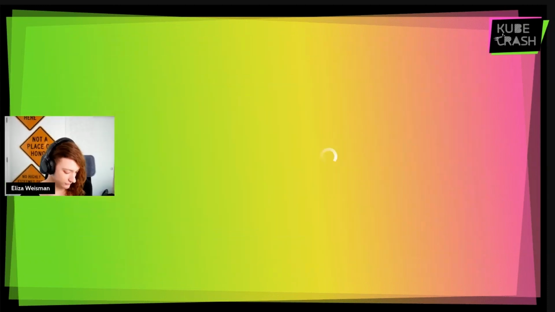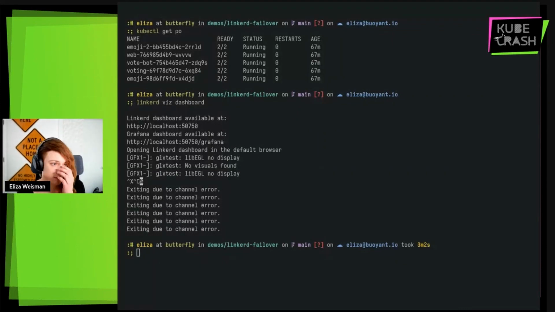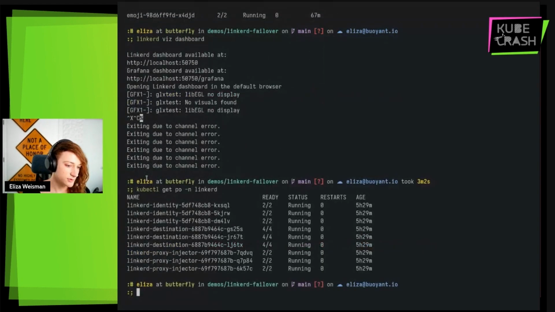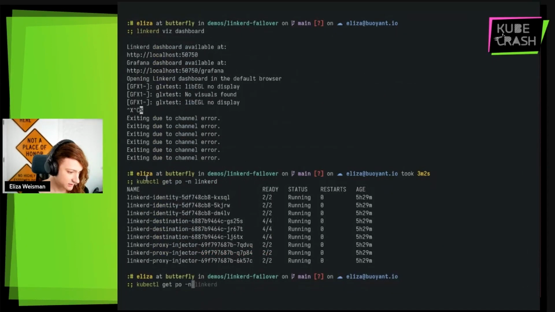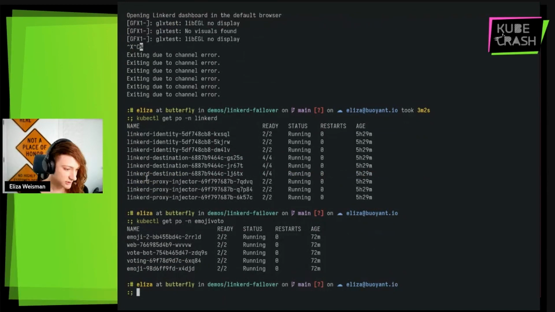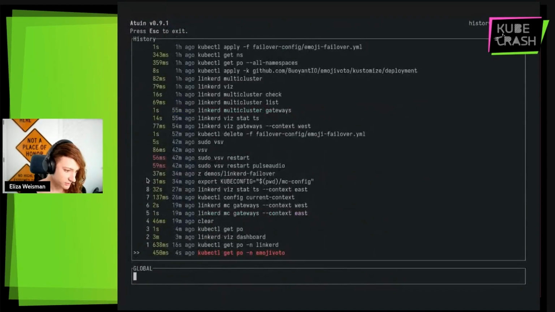Should have shared the whole screen. Okay, so I'm going to switch back to my terminal. Currently I'm pointed at this east cluster, and I have some pods here. I have the Linkerd control plane installed. Okay, so I have the Linkerd control plane, I have Emoji photo, and then I'm going to